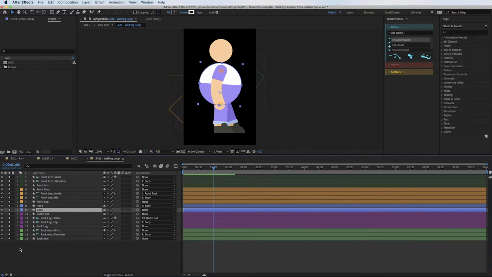And these are made with RubberHose. RubberHose is an amazing plugin that you can create really cool walk cycles in. It's an external plugin, so it's not built into After Effects, so you have to buy it, but it's only